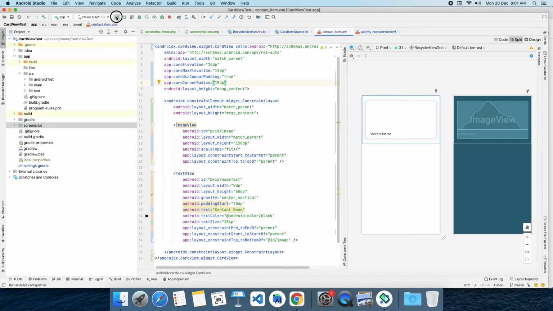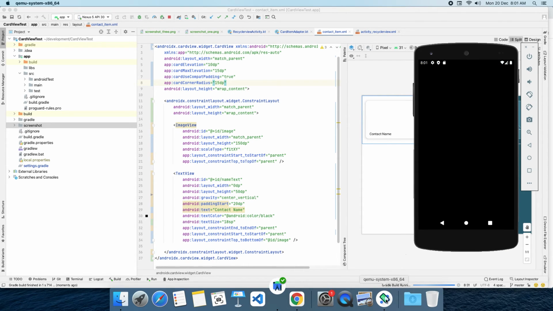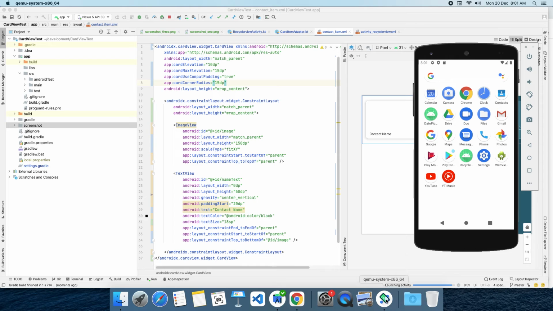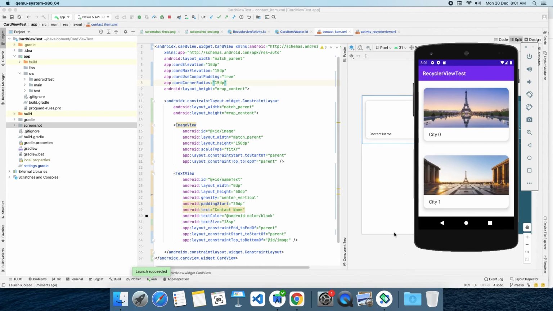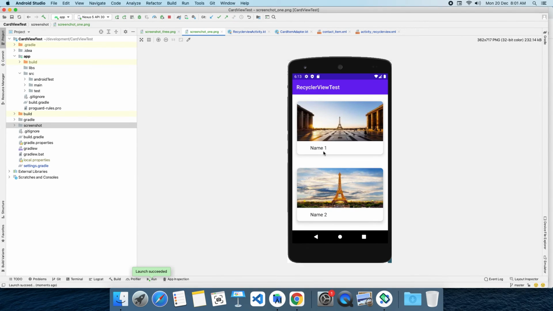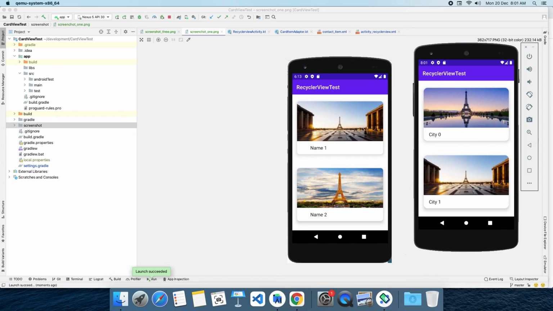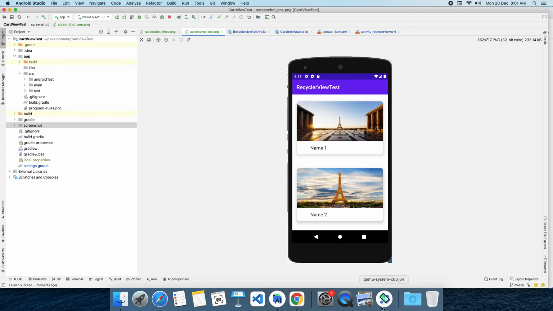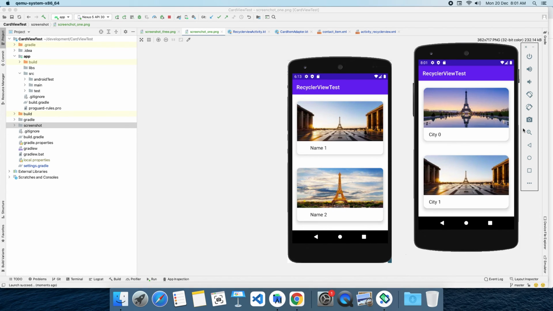Now I'm running the app and see how it looks. See, now our card is almost looking like what we have in the screenshot. We have rounded corners, card view and shadow. In our emulator, the rounded corner is there, the shadow is there.